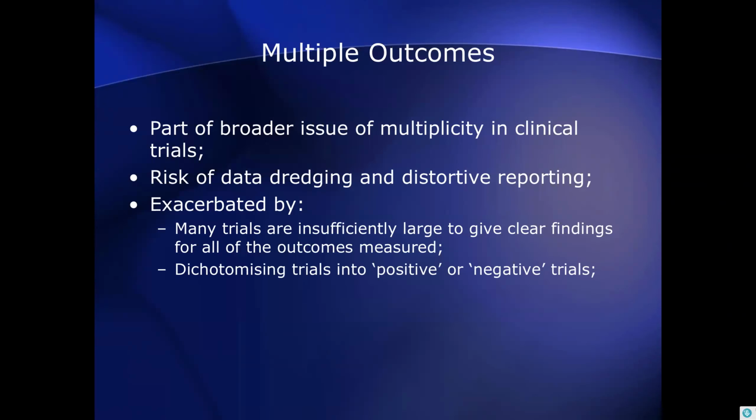There is a problem in the literature around dichotomizing trials into positive or negative trials, and people often associate the terms that a positive trial finds a beneficial effect associated with the intervention, which may, for example, be reduction in harms, and a negative trial finds no difference between intervention and control groups for the outcomes that are measured. Those words, as you can probably see even looking at them, carry connotations of perhaps negative being a trial failure.